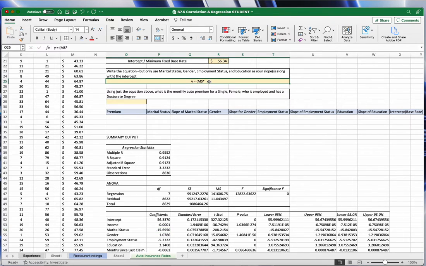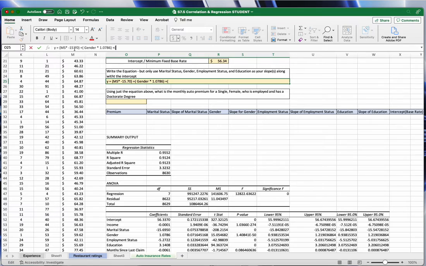So times -15, it's actually 70 if we round it up. And then that's added to our gender times its slope, which is 1.0786,